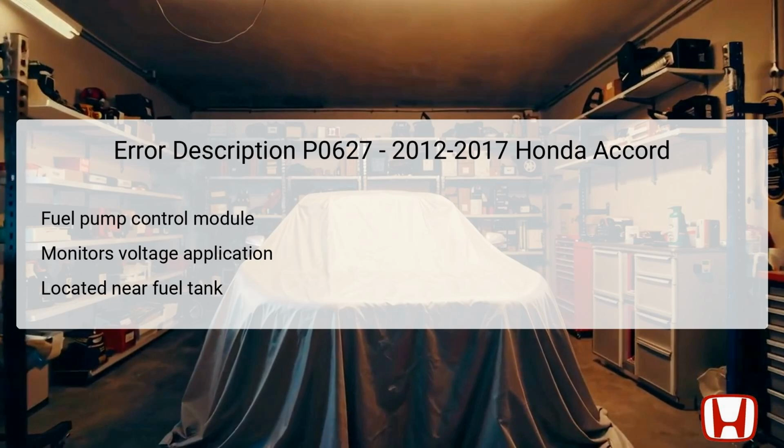When the engine runs, the PCM actively monitors the diagnostic signal emitted by the fuel pump control module. Should this voltage drop below an acceptable threshold, it indicates a problem, prompting the PCM to log DTC P0627. The fuel pump control module is generally located near the fuel tank in the Honda Accord, which makes access potentially challenging for troubleshooting purposes. Given this integral role, any faults in the module can directly influence engine performance and fuel